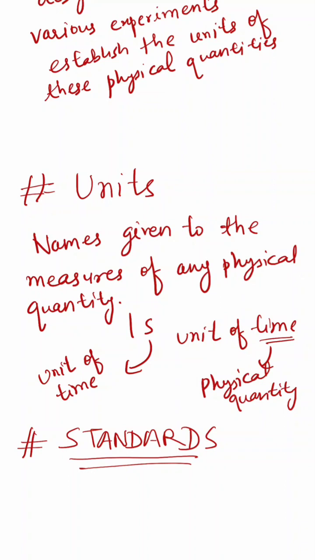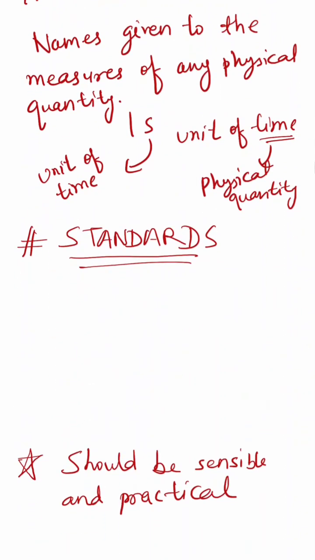So when we say a certain thing is, let us say, 1 second or 5 seconds, the time taken in order to reach from point A to point B, let us say the time taken is 5 seconds. So what do we mean? How do we know that this time taken is 5 seconds? What does this number 5 signify? So this 5, remember we said that